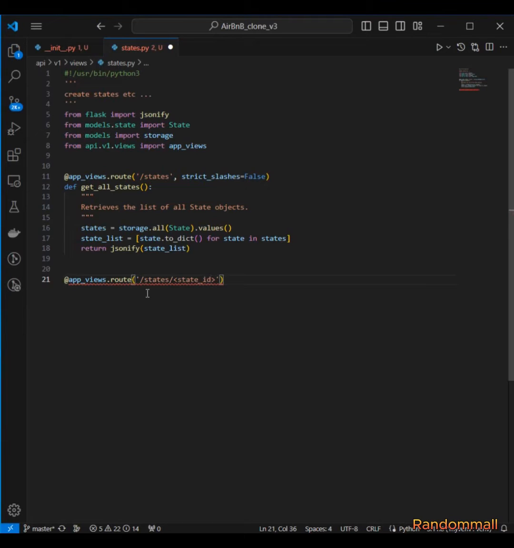So we don't need to specify this is GET, as GET is the default method. We put this strict_slashes as False, and then the function name, and this function is going to take an ID as a parameter,